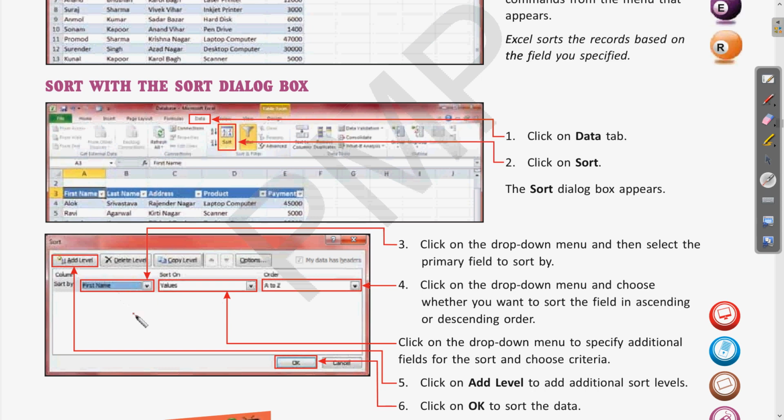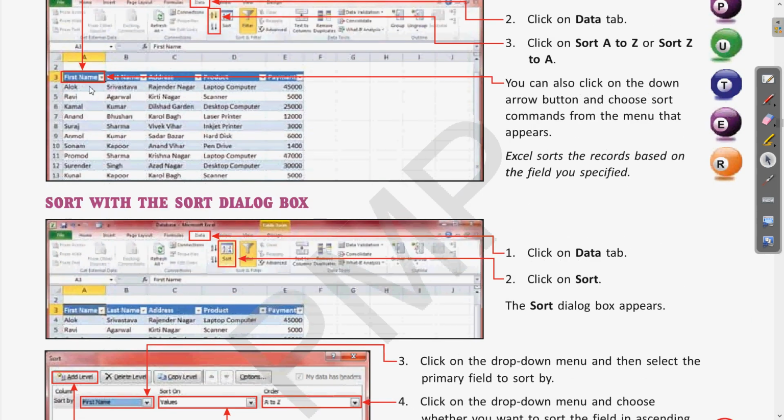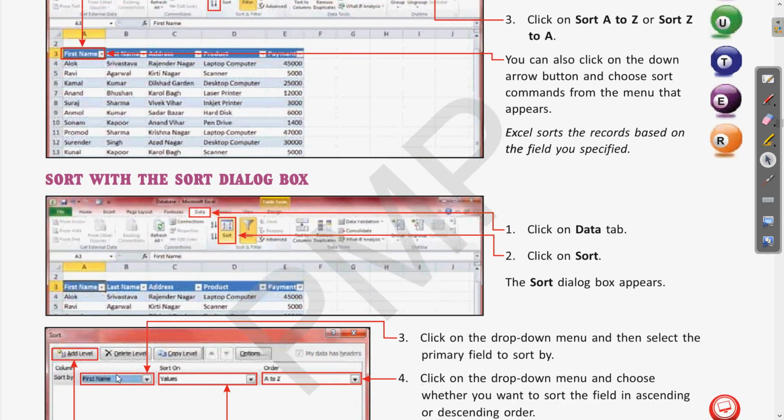So sort by means whatever the field, whatever the level which you want to be used as the field on the basis of which the record will be sorted. It means if you want to sort the table on the basis of first name, if you want to arrange the records on the basis of last name, address, or whatever the field. Clear?